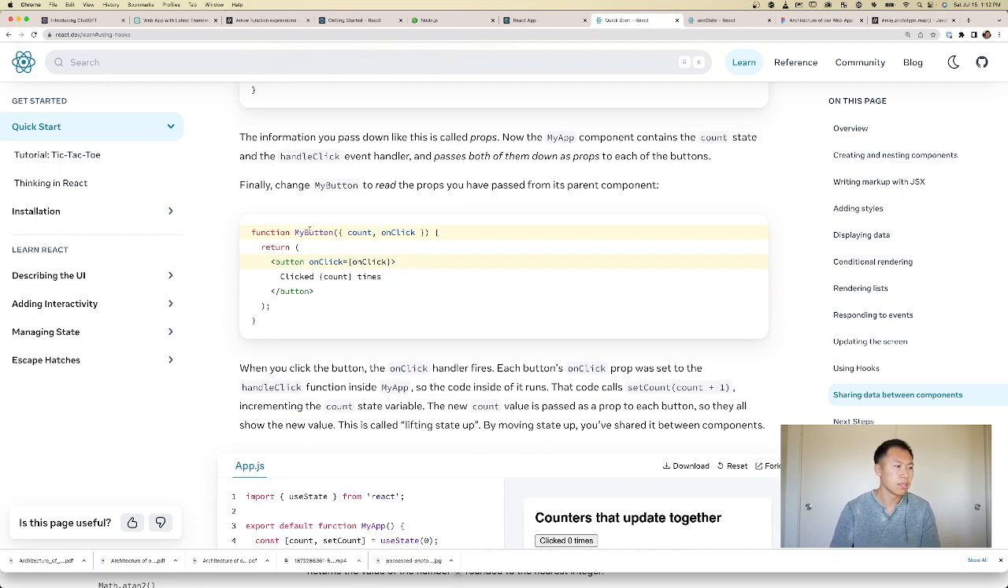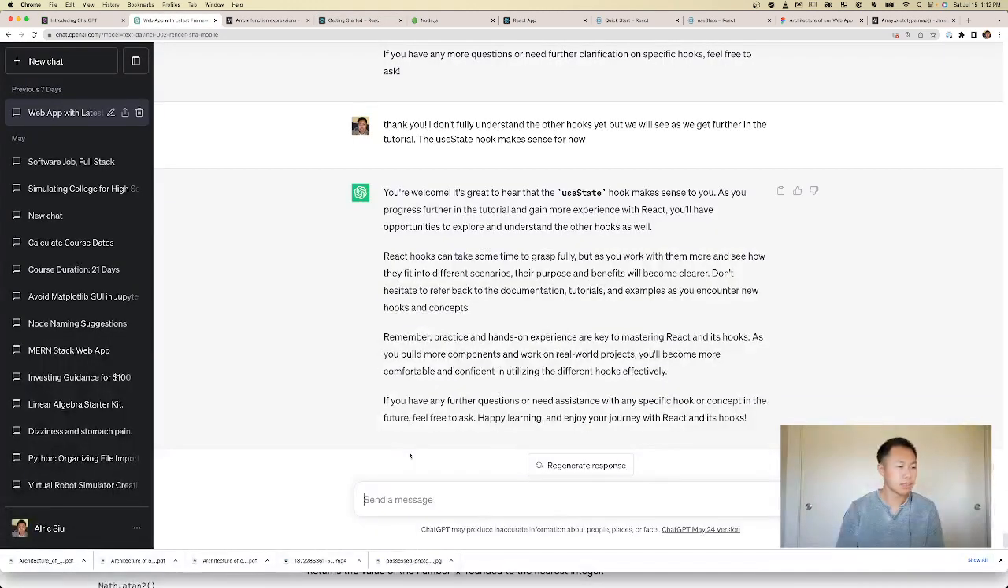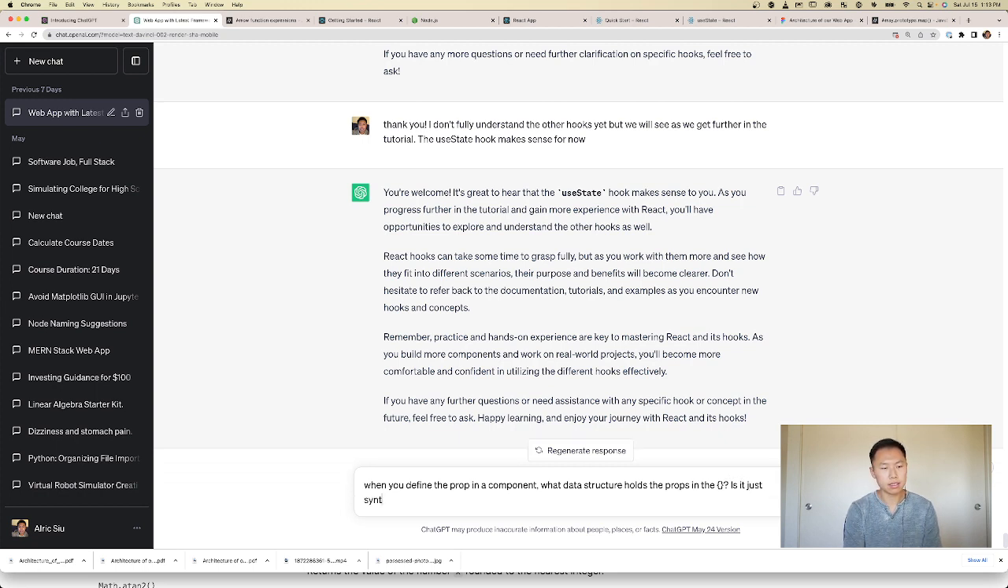So when you have props, you define the prop in a component. What data structure holds the props in the curly brackets? Is it just syntax? An example is